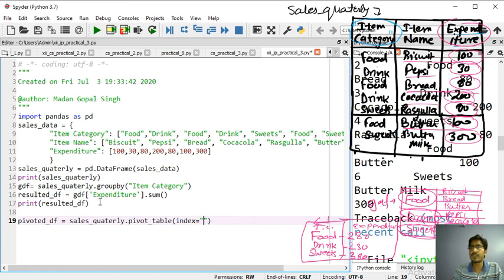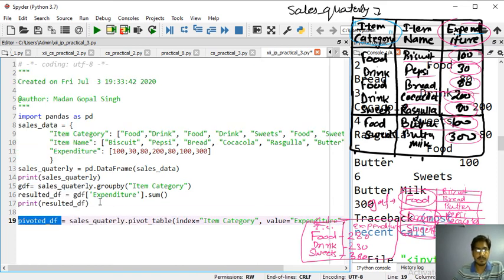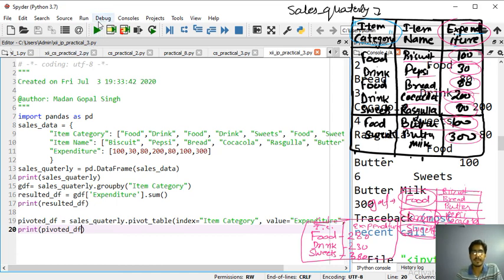Index equals to which column we want to make the index, item category, and values we want from which column, expenditure. And what aggregate function you want to apply, the aggregate function is sum. Okay, you will pass the sum here, and you will print this data frame. It will print the same result. Print this, and let me show you.